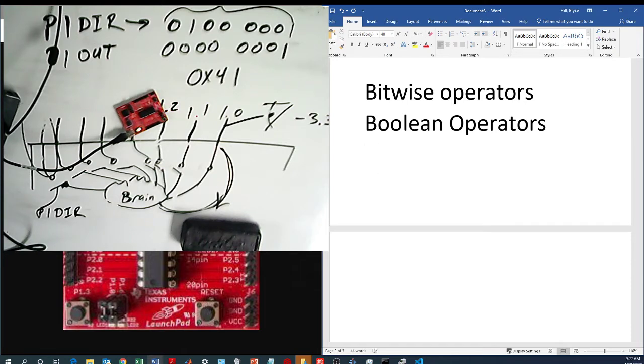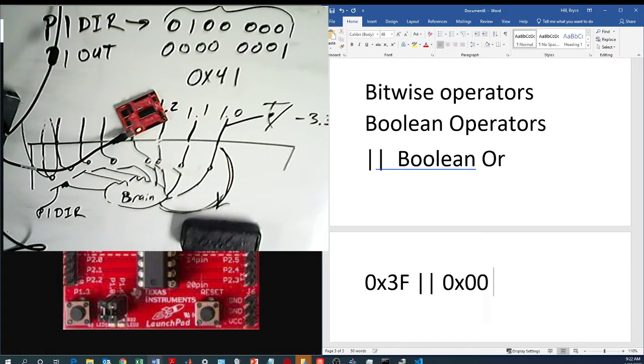Okay, so for example, this is a Boolean OR. If either of the values is non-zero, so I can have an example of 0x3f OR 0x00, this should result in 0. I take it back. This should result in 1. 0x01 OR